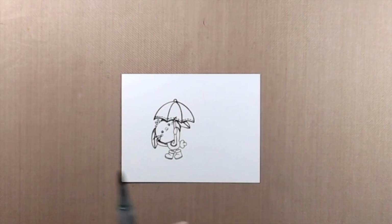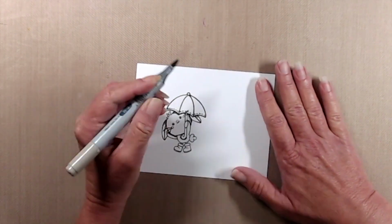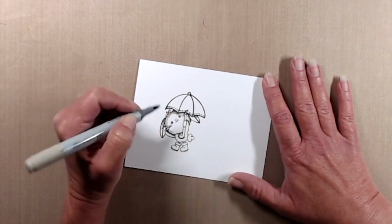I just used different markers this time, and I'll have all of the marker colors that I used down below as well. So while I finish up the coloring, I'll go ahead and talk a little bit about Team Tiny